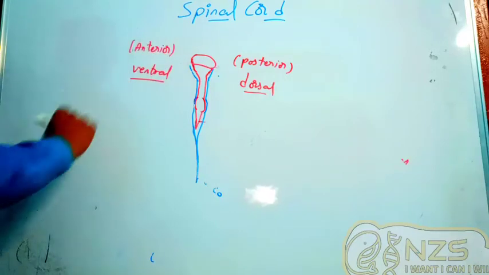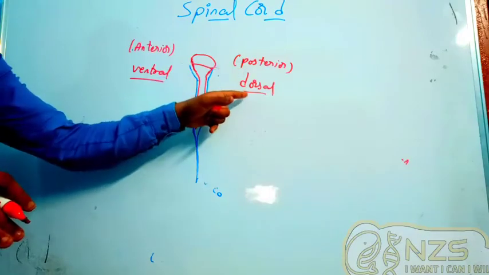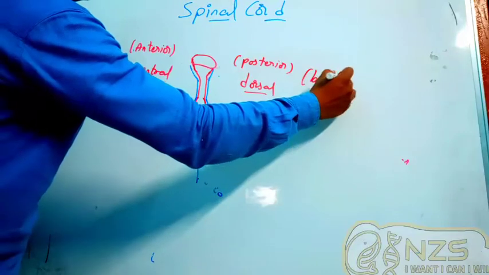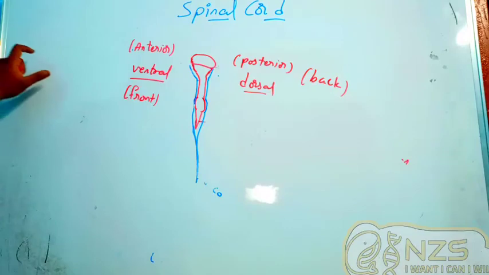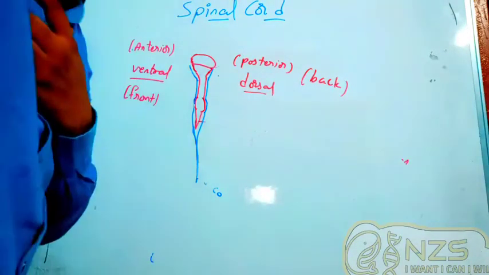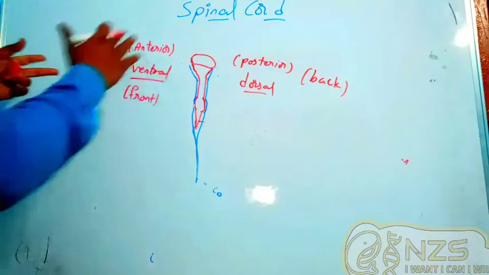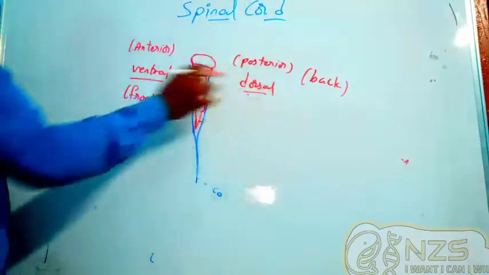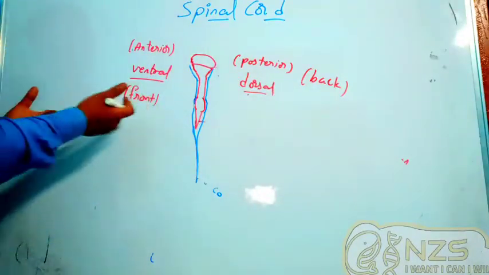Now if you want to correlate between these two words, the posterior part of the spinal cord becomes the dorsal side, that is back. So I could say this is back and this is front. For example, if I am standing like this, this is the anterior portion and my back will be the posterior portion. The simple point is, this side is taken in the sagittal plane and these in the transverse plane. This front and back is the normal side.